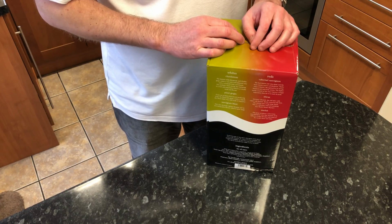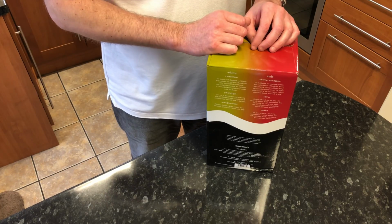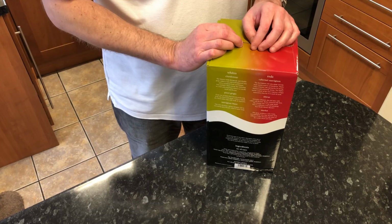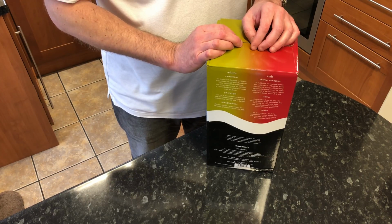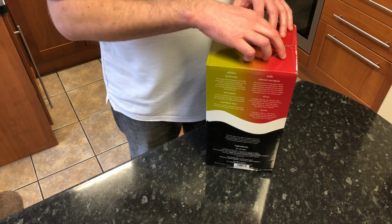So this is what I actually use. If you've caught the other video I did, you can see how I go about carbonating this once it's made, in little plastic bottles there. But just to quickly show you what you get in the kit, this will take a couple of seconds,